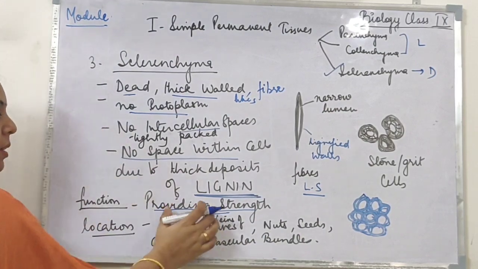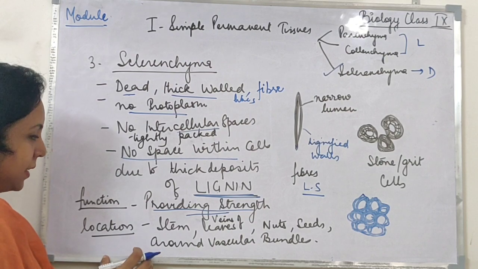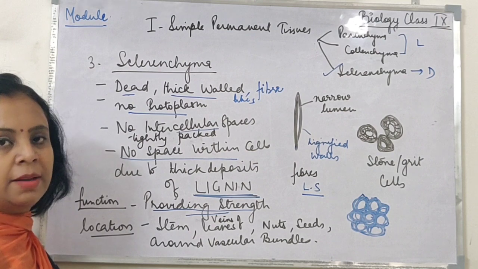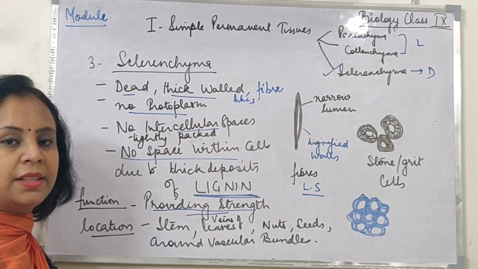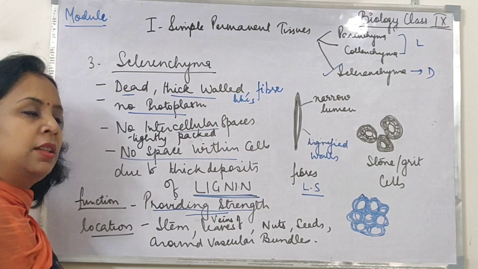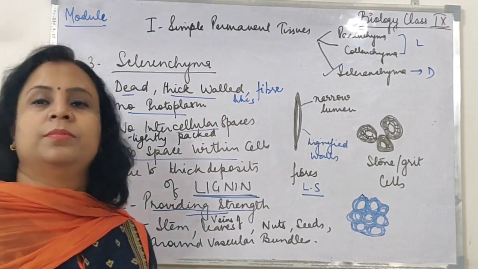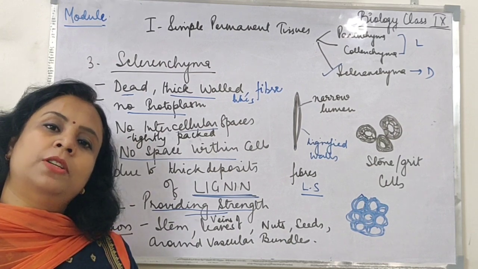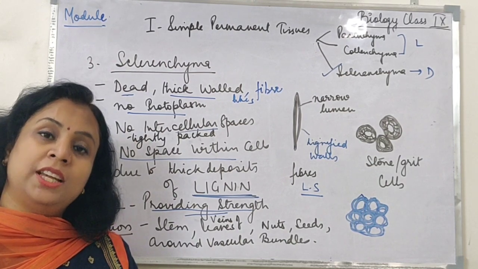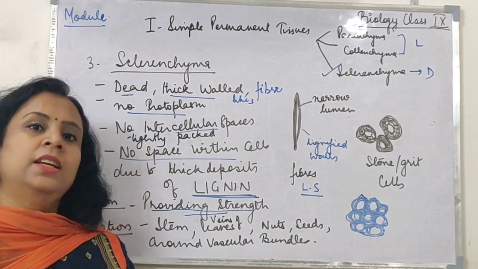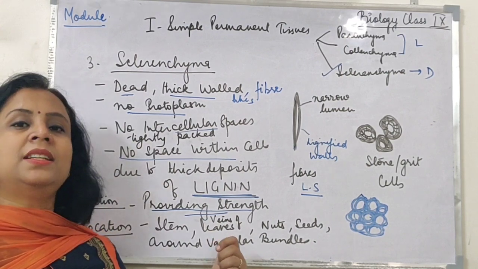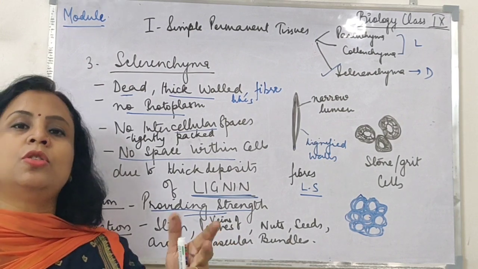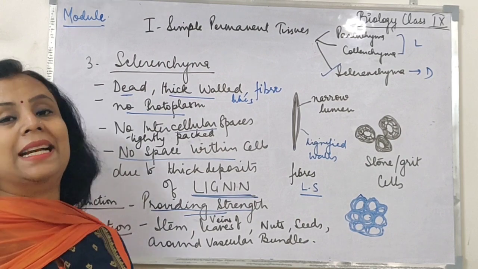So let us see where you will find these sclerenchyma cells. Of course, you will find them in the stem. You know that they are present in the bark of the tree, bark of the stem. If you remember Robert Hooke's observation, what was he observing? Correct. He was just observing the cell walls, and he was observing the sclerenchyma only. There was no protoplasm. It was basically dead cells.